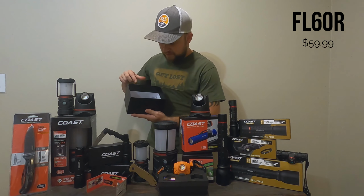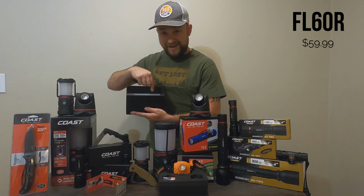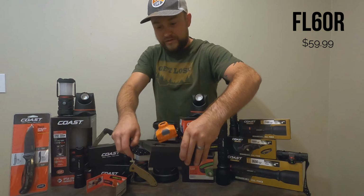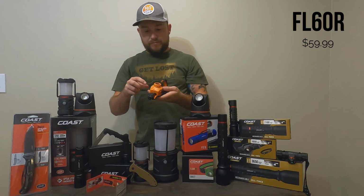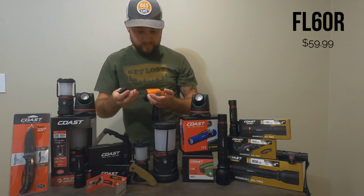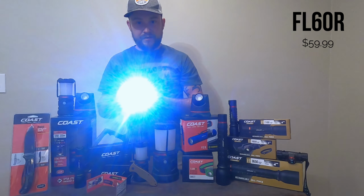So also in the box comes some mounting hardware, the charging cables, car AC and DC charging cables. So inside your house or in the car, it's up to you where you want to charge it, and you're good to go. So the headlamp itself is nice, small, lightweight. There's like nothing to this. Pop off the back cap, line up the plus sign with the plus sign, battery's in, and it is on